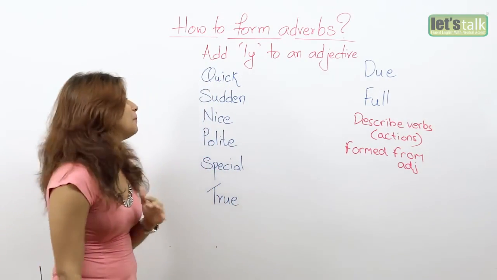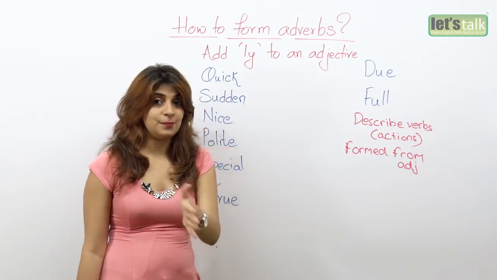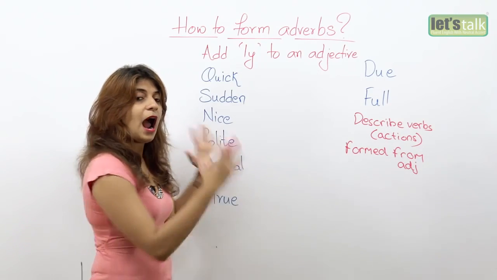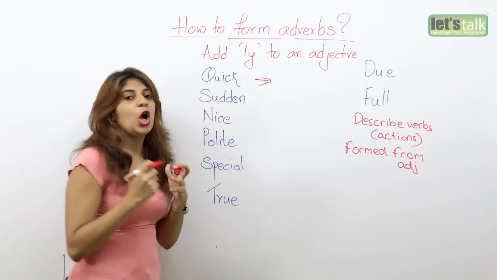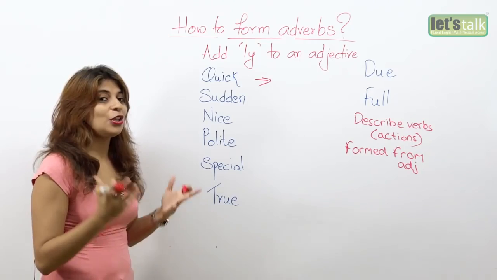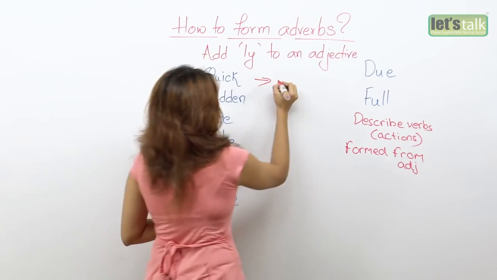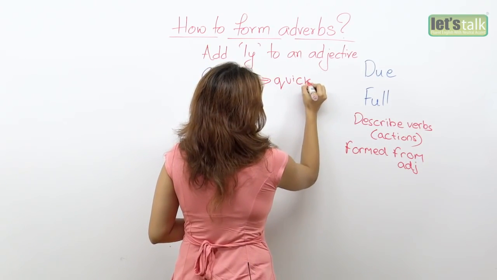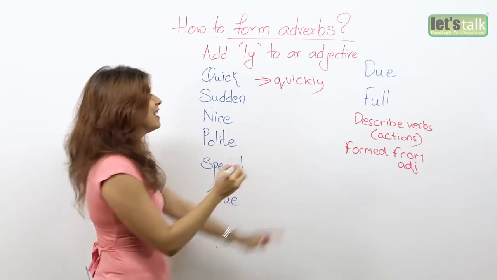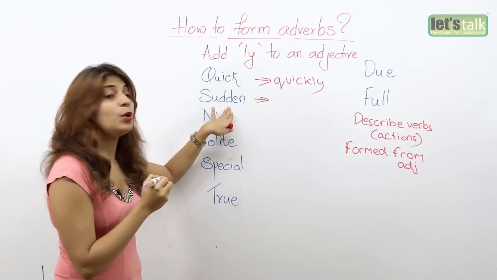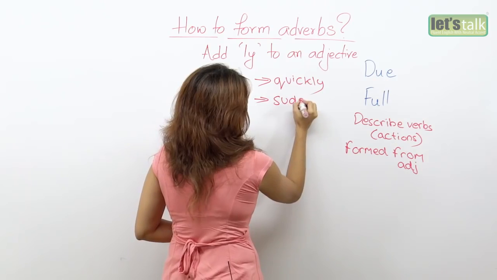So let's look at some examples here. Now all these words that are listed are adjectives. Now how do we form the adverb out of these adjectives? Well, let's learn. So we have the word quick. So very simple. You need to add the letters ly to the word quick. So quickly is your adverb. That's simple, right? Let's have a look at another adjective, which is sudden. So sudden, the adverb would be